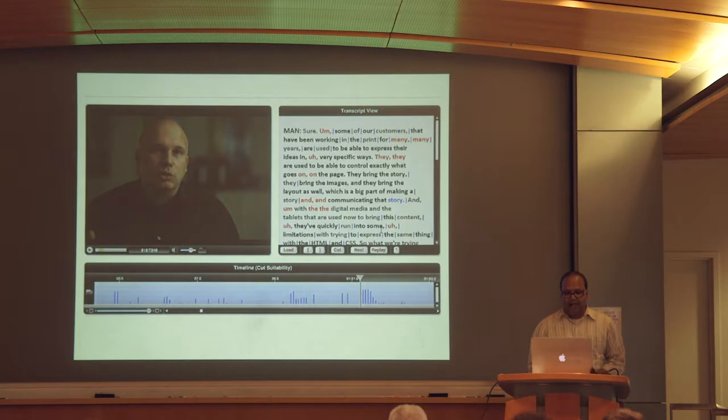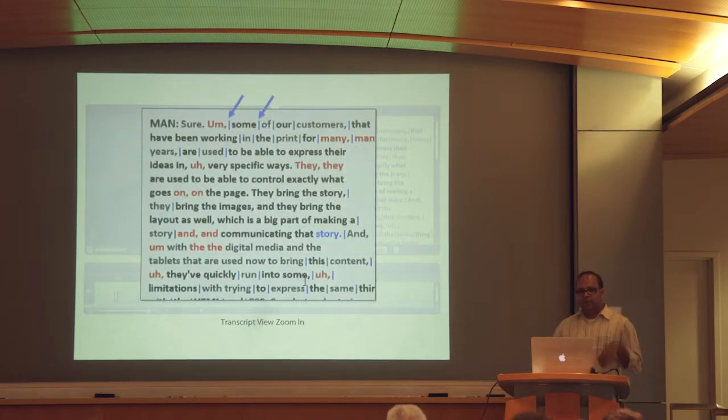Now, our transcript view actually looks like this. It marks ums and repeated words in red. And it also has these vertical blue bars. These bars indicate places where the system thinks it can produce a smooth, high-quality hidden transition if the user cuts between those two bars. I'll explain exactly what that means in a moment. But the main idea here is that we have a visualization that makes it much, much faster and easier to figure out where you want to make the cuts and the content that you want to delete. You can do all of this by reading the text rather than having to scrub through this timeline.